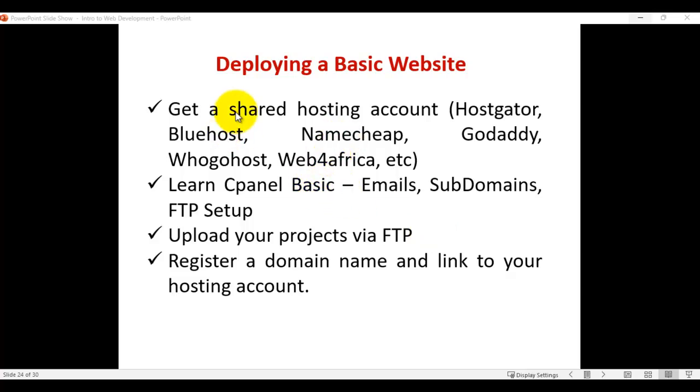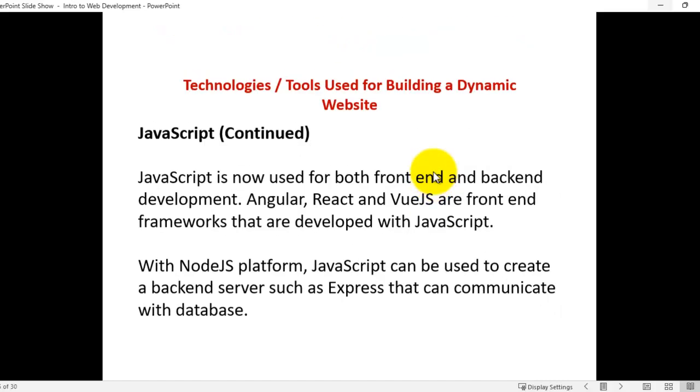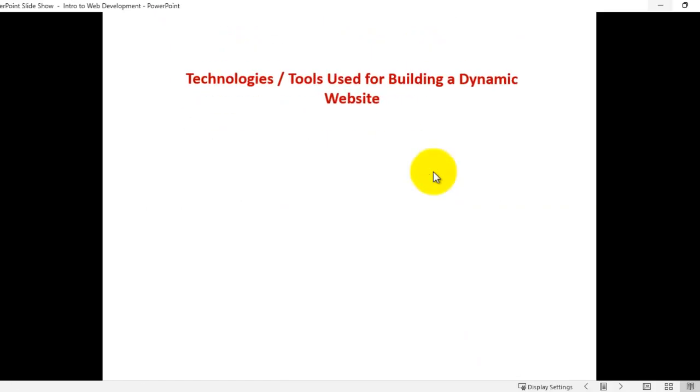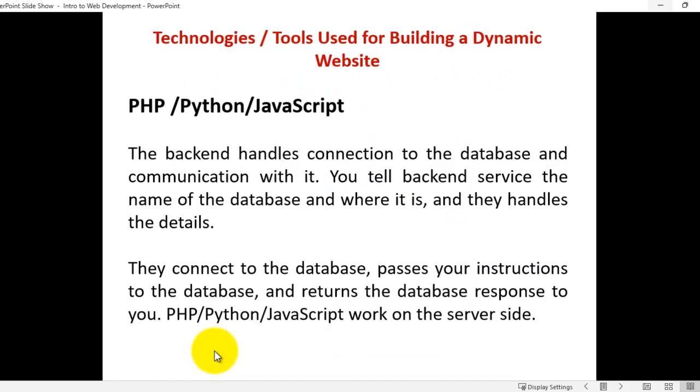Welcome back. In the last video, I was talking about various technologies that we use to build a website. I said we need HTML, which is the beginning, hypertext markup language. Then we need CSS, cascading style sheet for beautification, layout, and presentation. Then we need JavaScript as a front-end programming language to build the front-end part, and also to power the back-end, depending on the programming language you want to choose. But we are going to focus on JavaScript here. Then I talked about database, MySQL, and so on. Talk about web server, text editor. And I was about closing the video when I stopped at